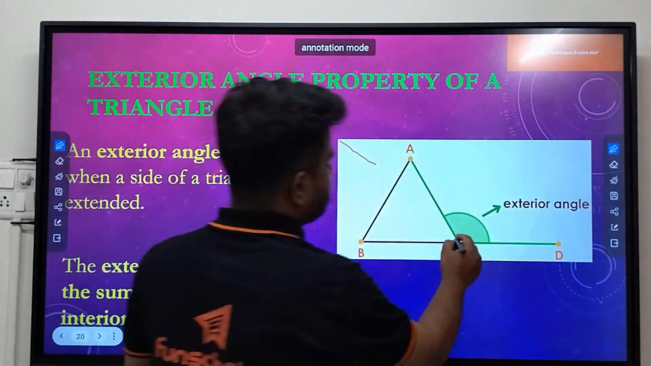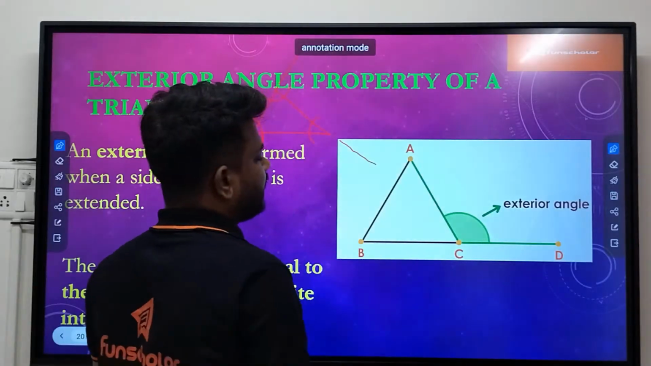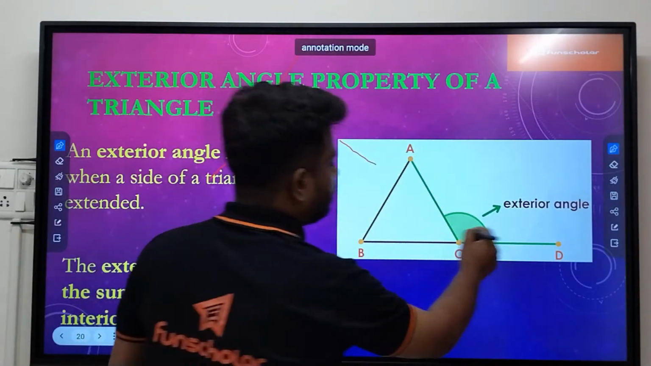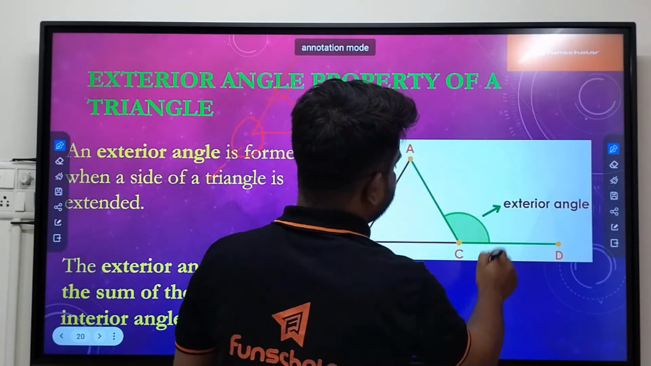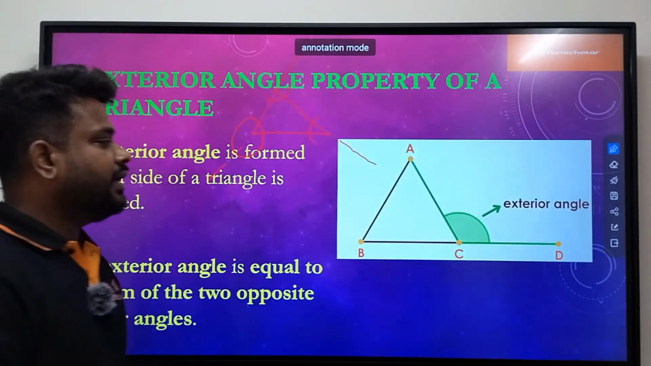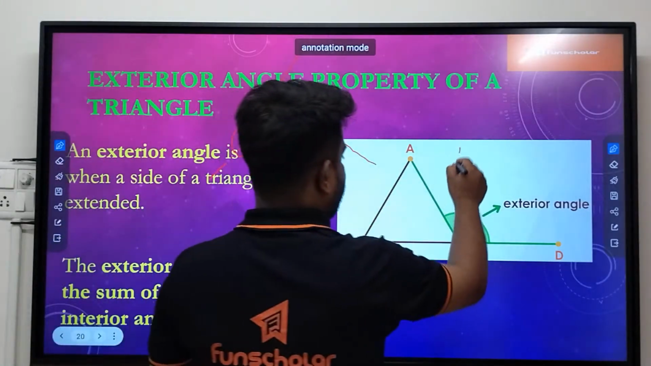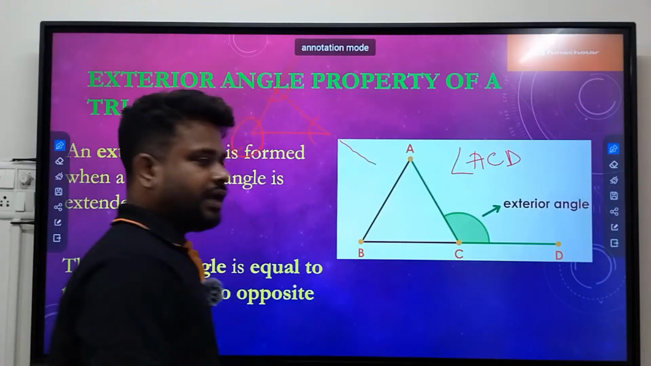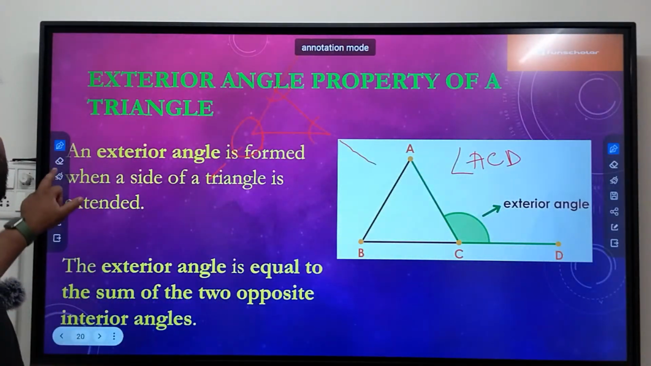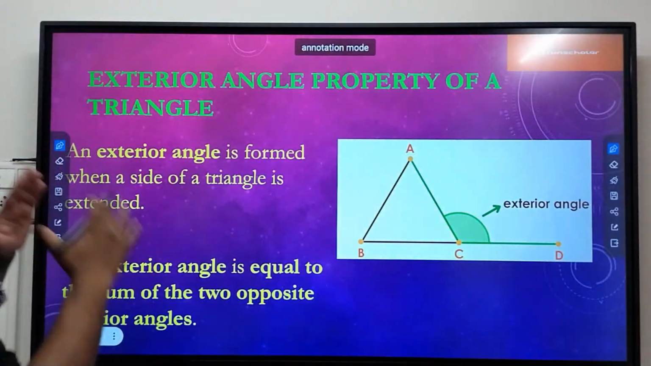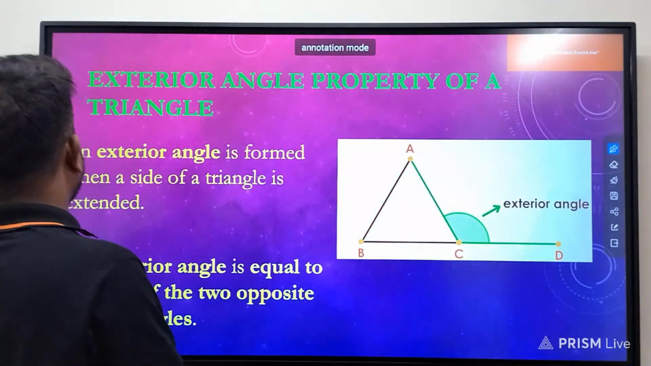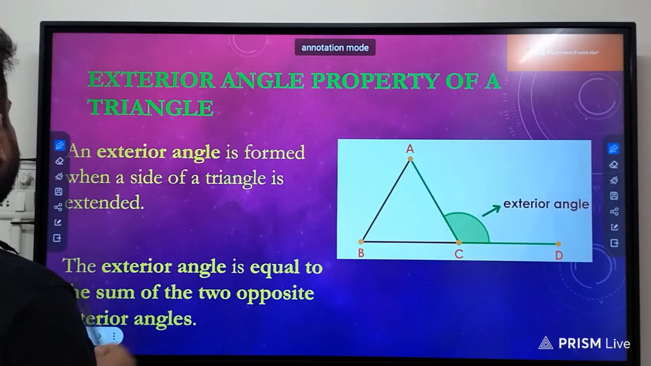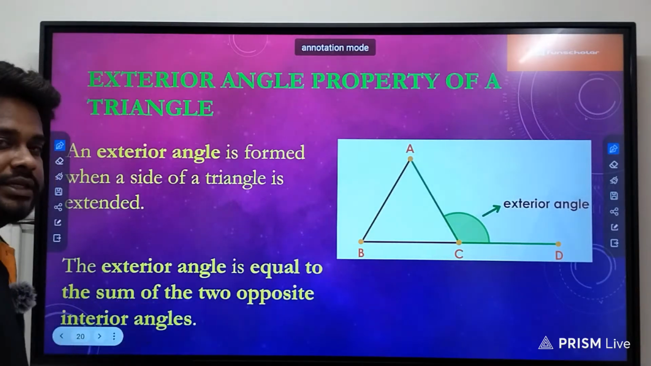Okay, ABC is a triangle, and they have extended the BC side up to D, where it is making an exterior angle, which will be called the angle ACD, right? And talking about the exterior angle property, an exterior angle is formed when a side of a triangle is extended. Obviously they have extended it,